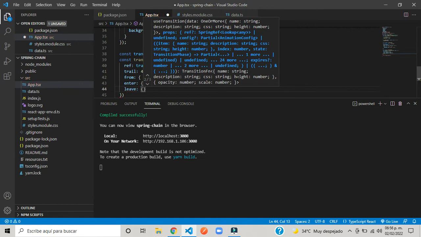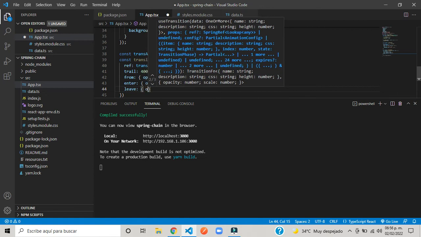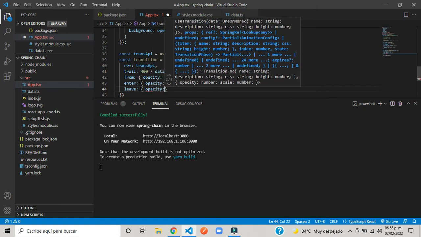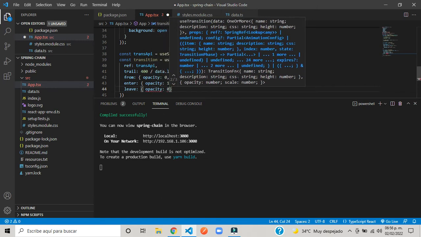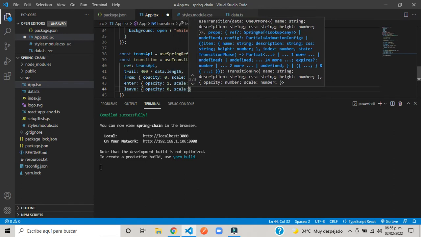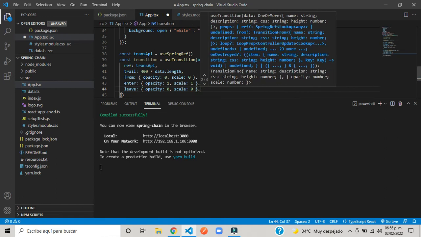Like, from enter and leave, they're very explicit. So opacity, that will be 0, and then scale will be 0,